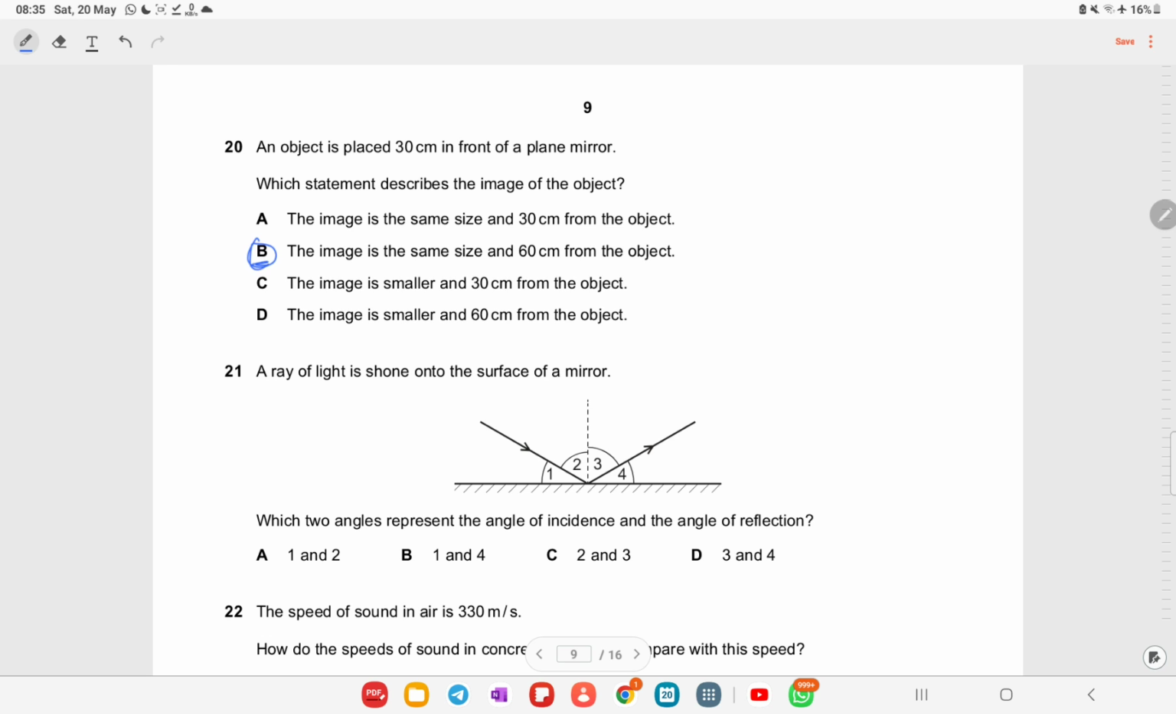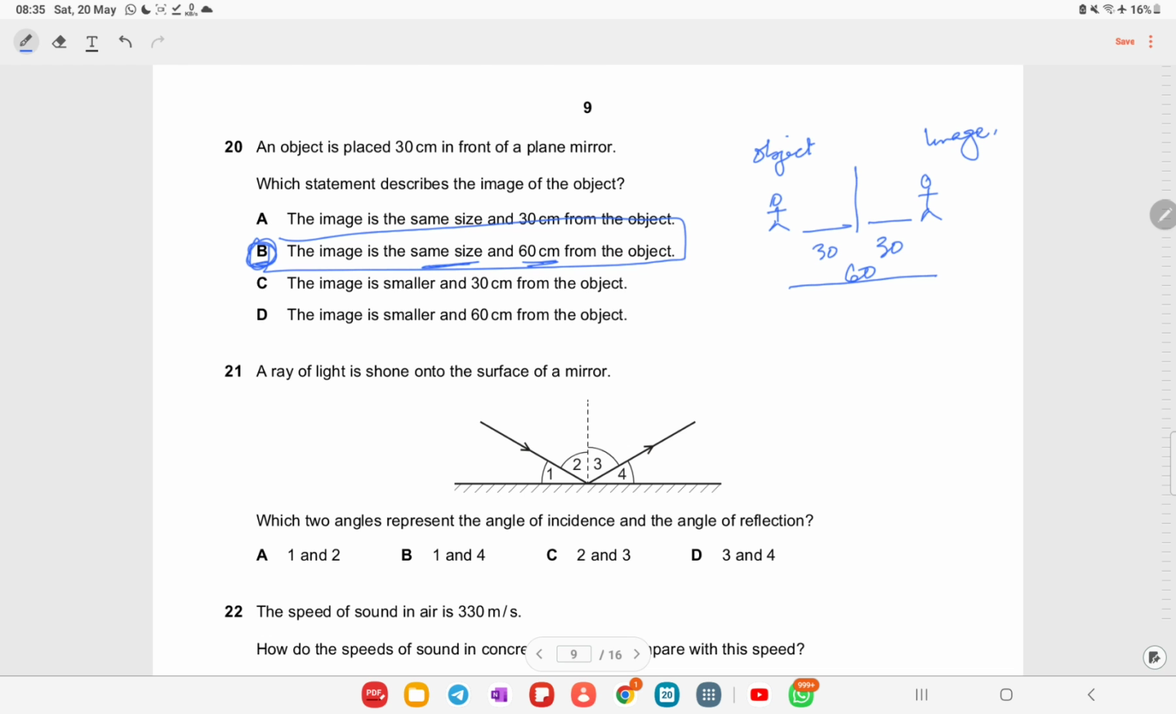So the image would be of the same size, but it is going to be 60 apart. The distance will be from the object. Let's suppose I draw this diagram, and this is the plane mirror. If this is the 30 centimeter distance, obviously the image will be formed at this point. So if you calculate the distance from the object, that is your image, which will be around twice this, 30 plus 30, which is 60. So option B is